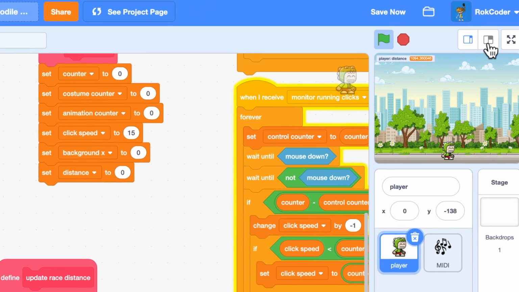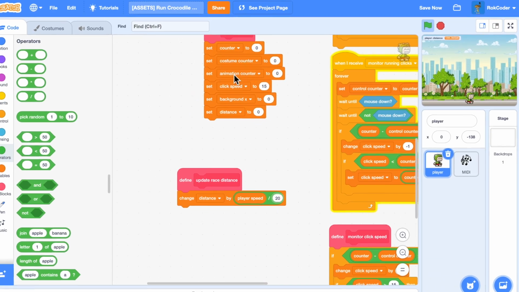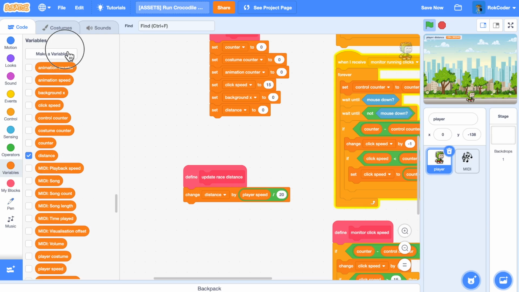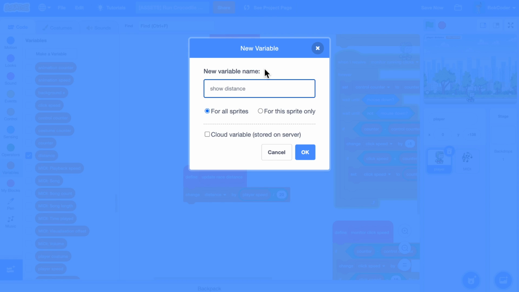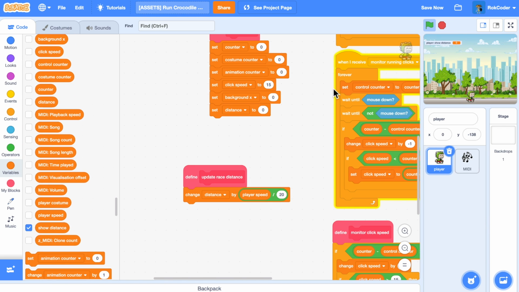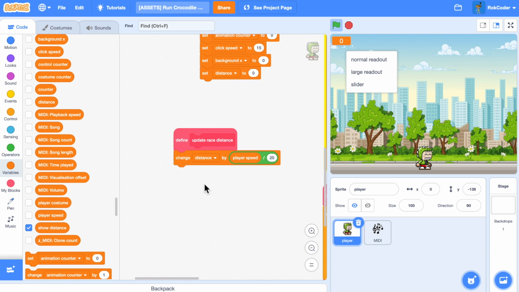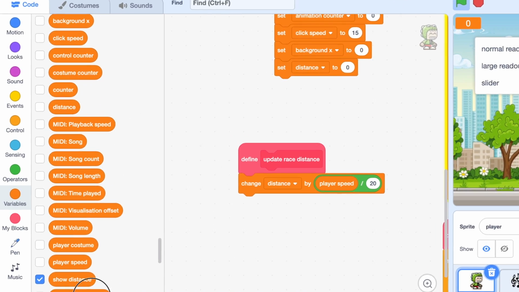And also notice the way it's displaying there, it looks okay, but it looks like we're just displaying a variable. We can make that look a lot nicer. So I'm going to add yet another variable, and we've got distance already. I'm going to add one called show distance for this sprite only. I'm going to hide distance, but I'm going to leave show distance visible. I'm going to right click on it and change it to a large readout and move it up a little bit to there. So at the moment it doesn't really look any better, but in update race distance I'm going to set show distance,